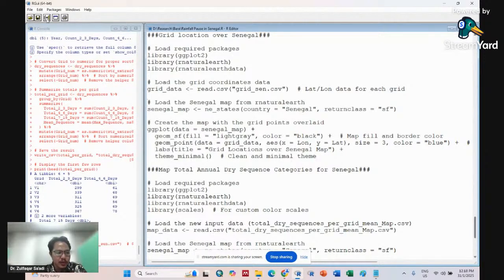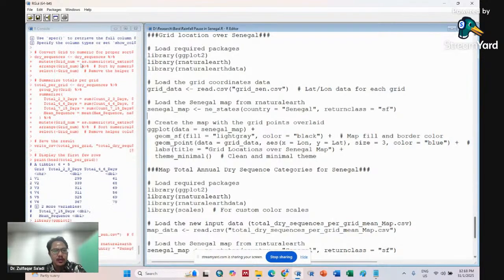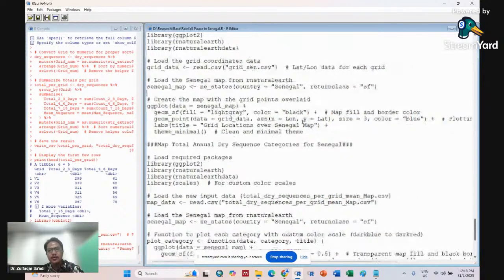So you don't need to prepare your shapefile from ArcGIS or something like that. You can just use a shapefile from Natural Earth. And then you create the map. You plot the grid point on the map, the grid points from the grid we sent just now, and plot it on the